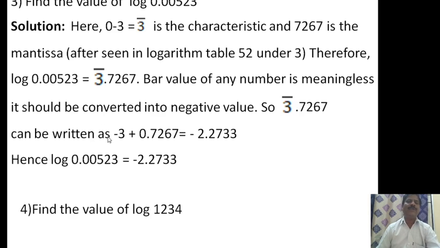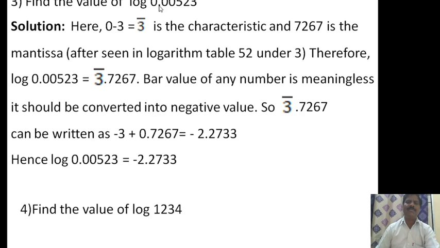Then another example, the third example. Find the value of log of 0.00523. Here, first find the characteristic. Always you have to find the characteristic first, then put the decimal point, then find the mantissa. Okay, clear? Now here,